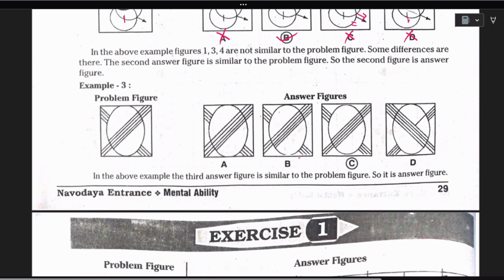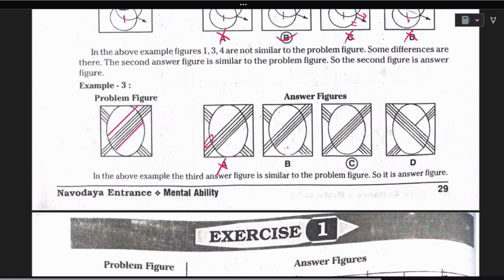And the third one, here we are having a big circle. Can we eliminate A? Just look for whether we could eliminate A or not. Okay. So we will be counting the inner lines. Here the last line started from here and ends in the corner, and the last line here started here and ends here. It is not going forward. It is also not going forward. But in A this line is extended. So we will be eliminating A.